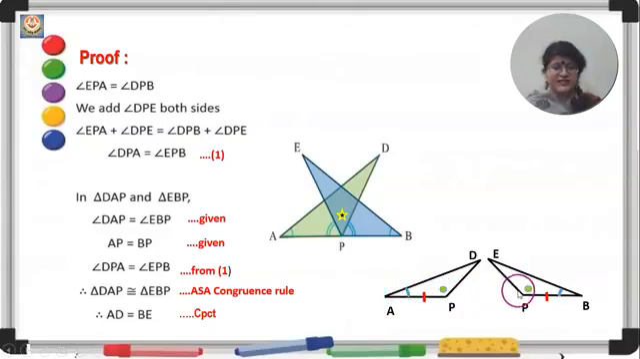This indication and this indication in blue is already given. They have also mentioned that PA is congruent to PB, and the other indication given is these two angles. But if you look carefully, these two angles, that is EPA and DPB, are not the elements of these two triangles. So in order to make it the element, what we do is we will add this angle to both these angles, and then you get angle DPA congruent to angle